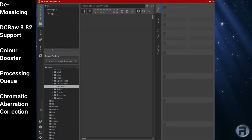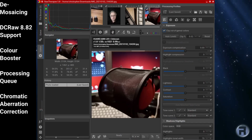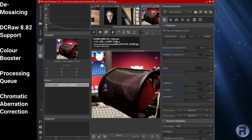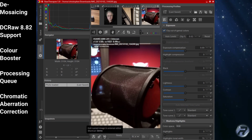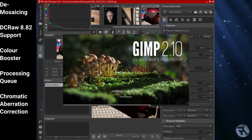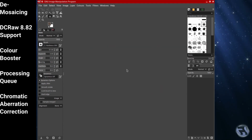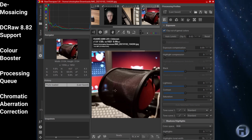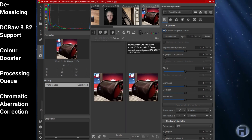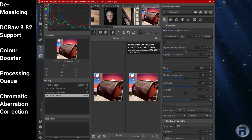And last but not least, RAW Therapy, which stands for the Experimental RAW Photo Editor, is a cross-platform RAW image processing application. RAW Therapy involves the concept of non-destructive editing, similar to that of some other RAW conversion software. The raw loading engine of RAW Therapy is based on DC RAW. This means that all cameras supported by DC RAW that use a classical RGB Bayer pattern sensor are also supported